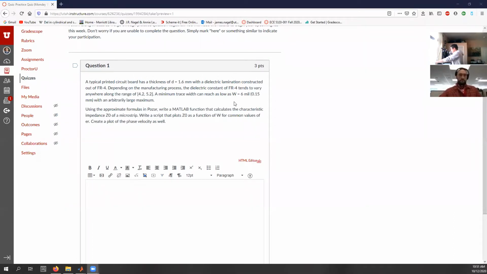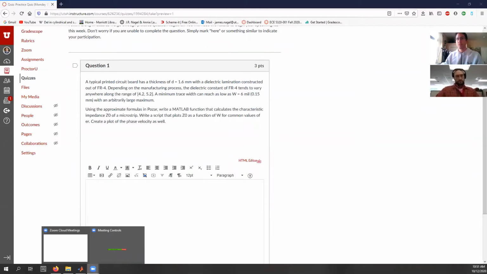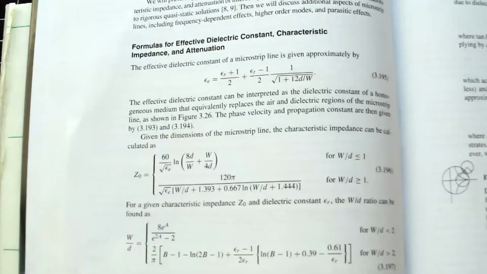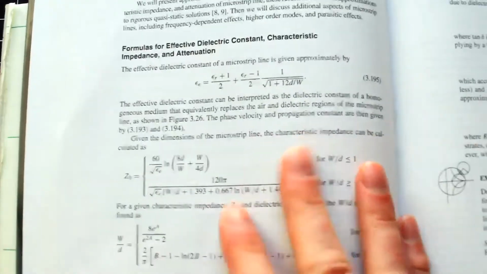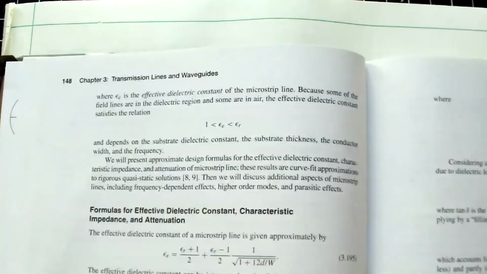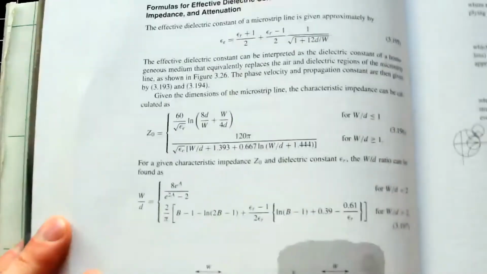So just a quick overview. Here we go. So let's go back to stop sharing. So I'm going to show you. So here is the relevant section in POSAR. So I'm on page 148. So if you watched the lecture,